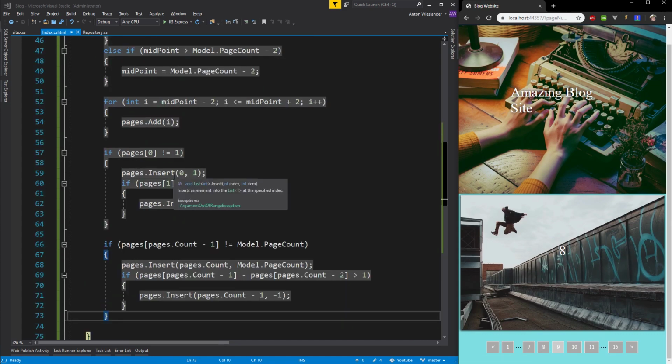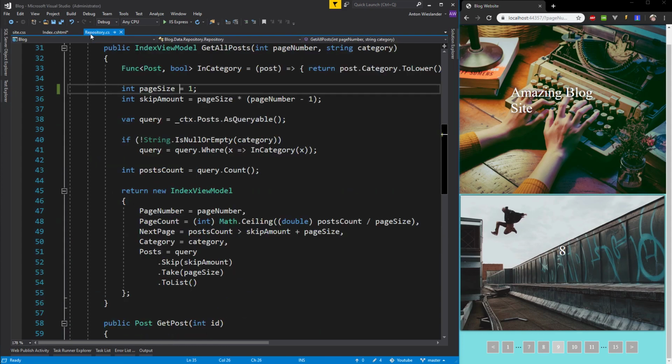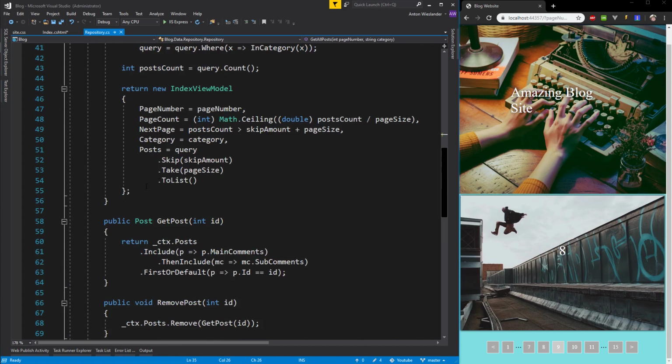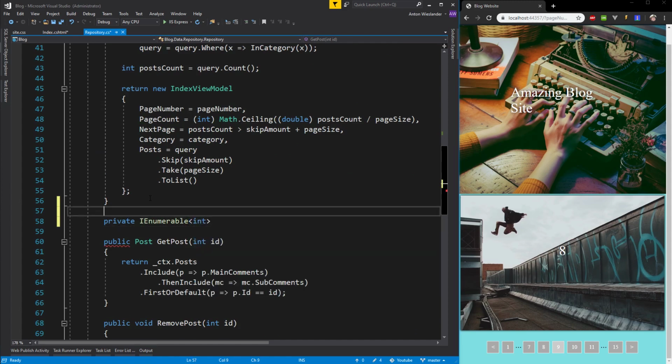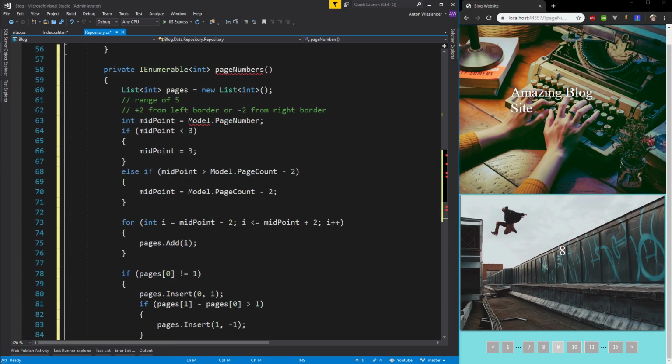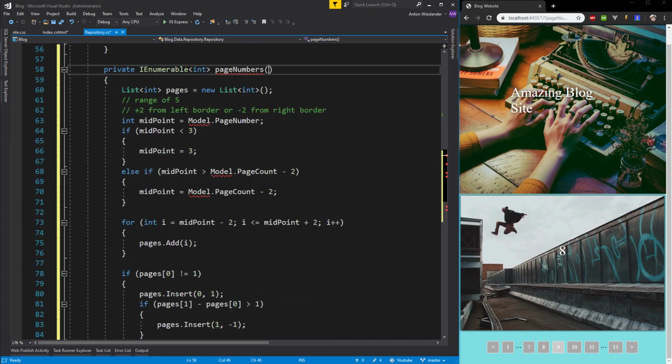Let's go ahead and clean this up. I'm gonna go ahead, take all of this and cut it. I'm gonna go into my repository, and I'm gonna create a private enumerable int, and let's say page numbers. Okay, and let's paste this into here. We'll need to give it a few parameters. So page number and int,